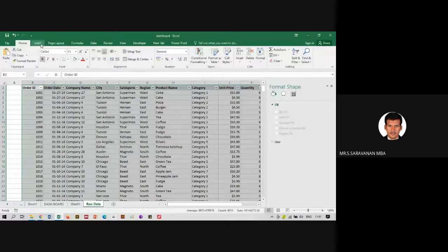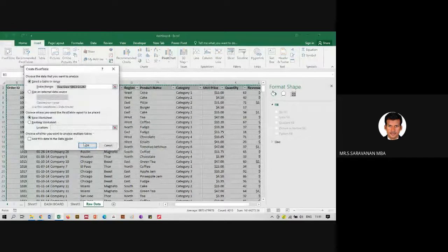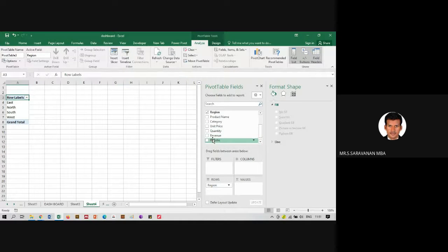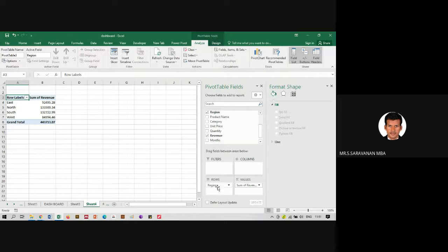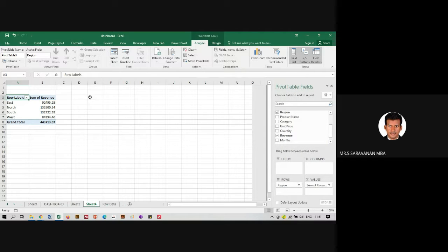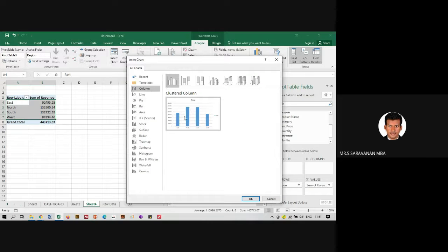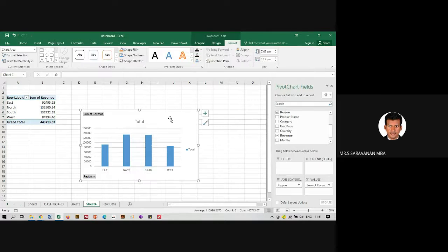Again, click it, insert, pivot table, create. Click region, then revenue. See, row wise region has been selected, and value wise the revenue is the common point here. For that also we will create a pivot chart. We will go for a basic bar chart.